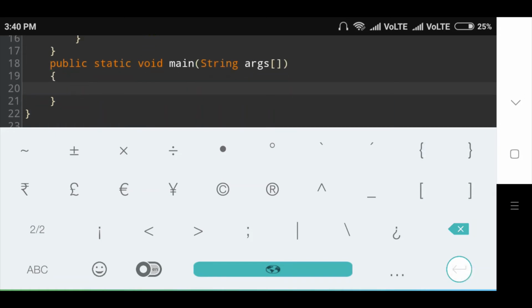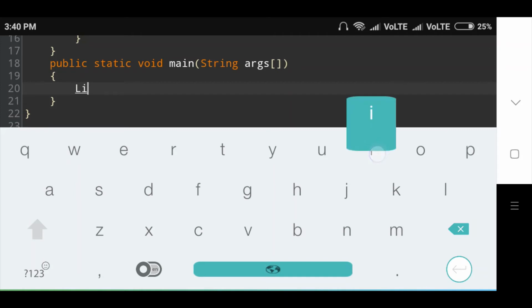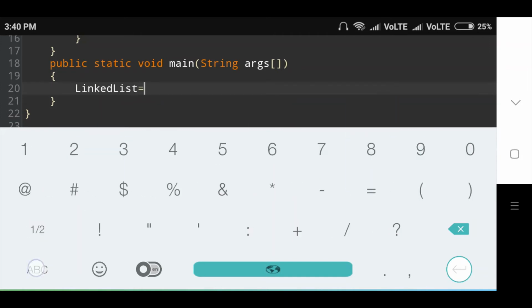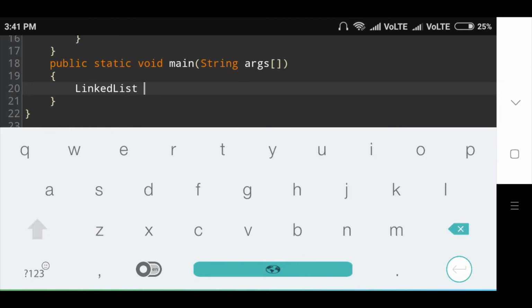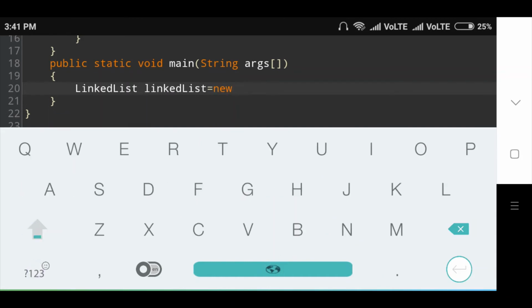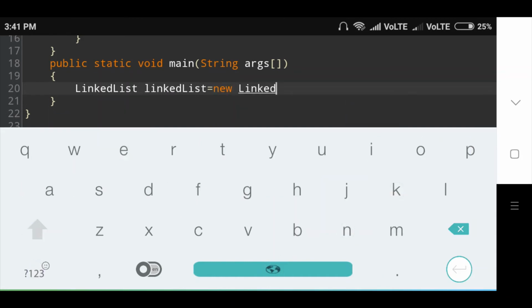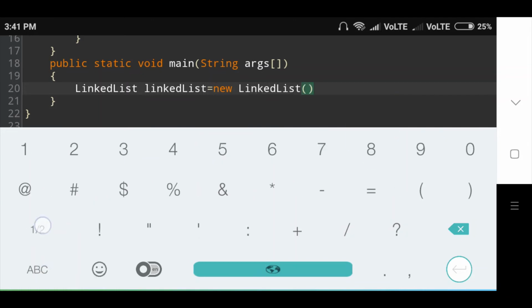In that, I will create an object of LinkedList: LinkedList list = new LinkedList();